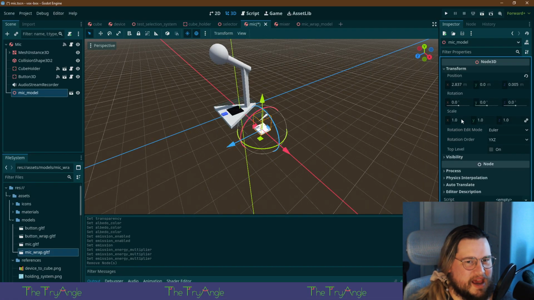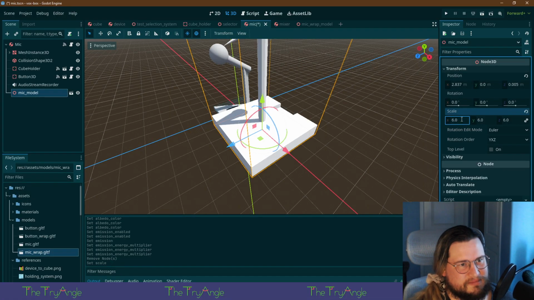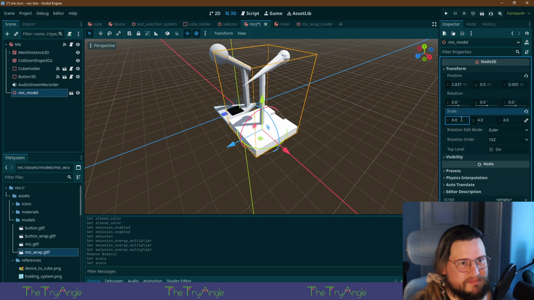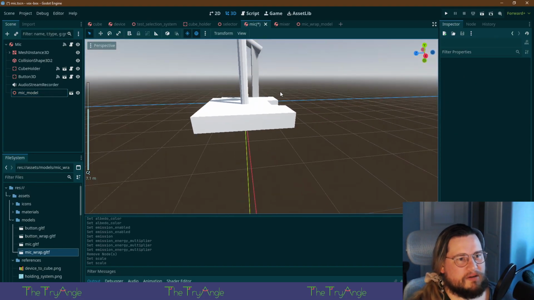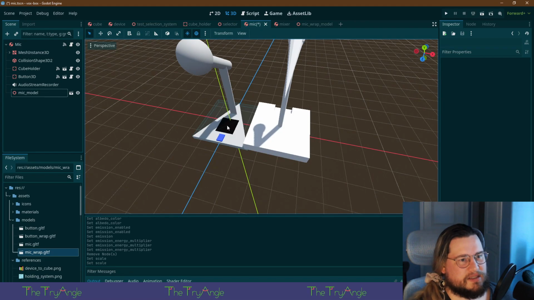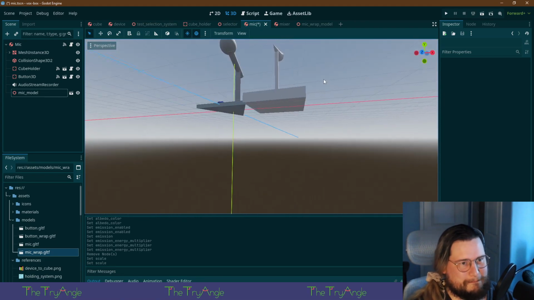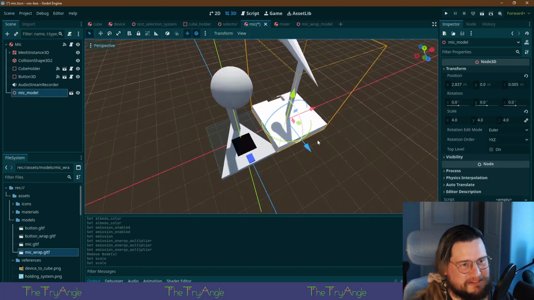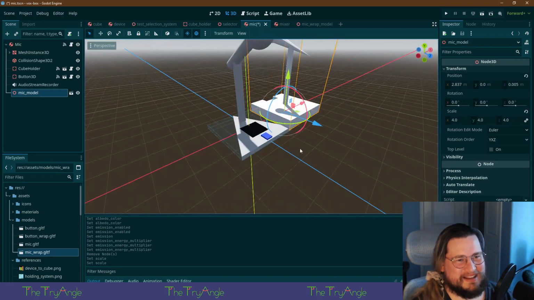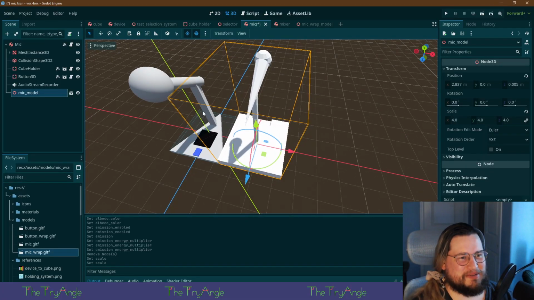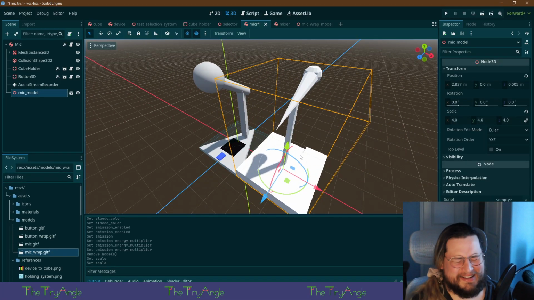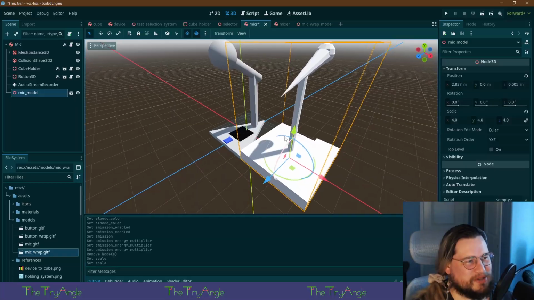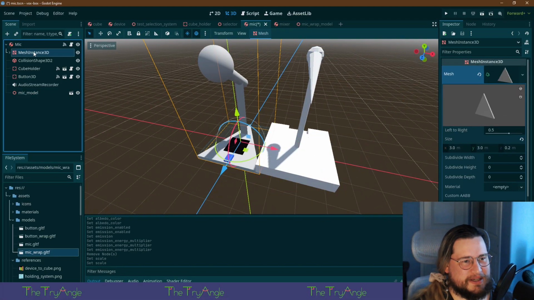Okay, 4 seems to be the correct size. This looks so much nicer. I made a worse model. I made a worse model.